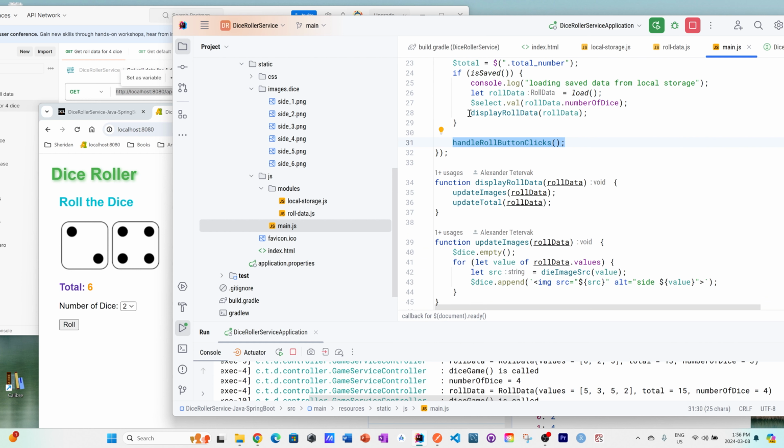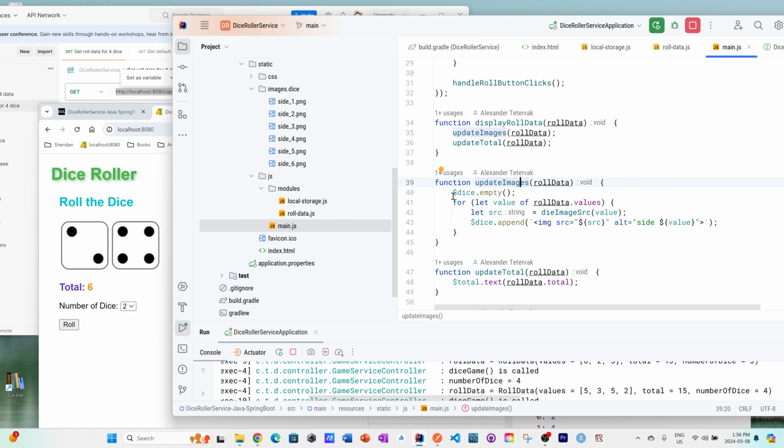So now, let's talk about this piece. What happens when we display raw data? First, we need to update the images, and after this, we update the total. Okay. How do I update images? This is the selector of the paragraph with the dice in it. I empty it, so I remove all images. After this, I loop